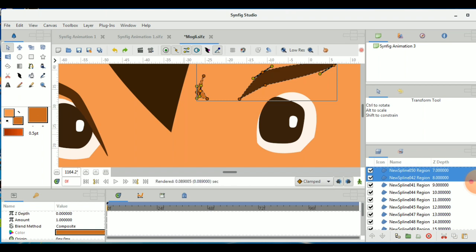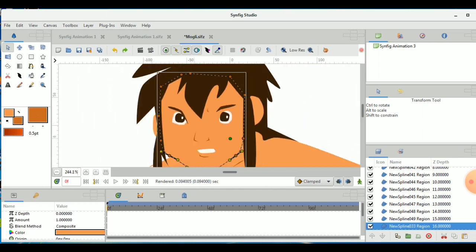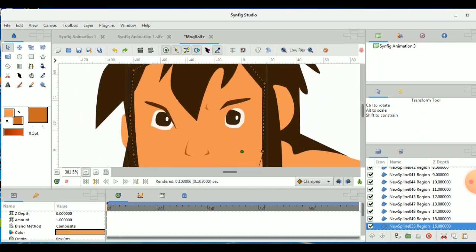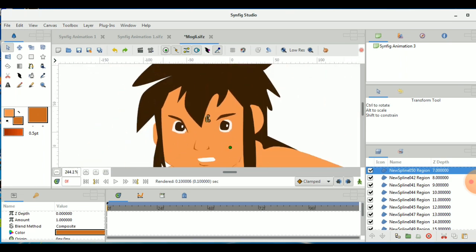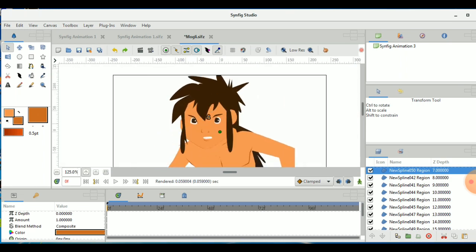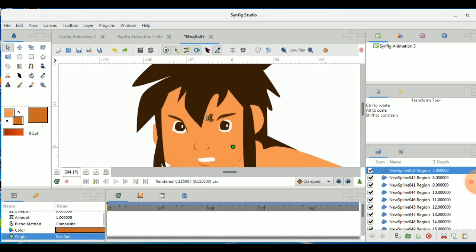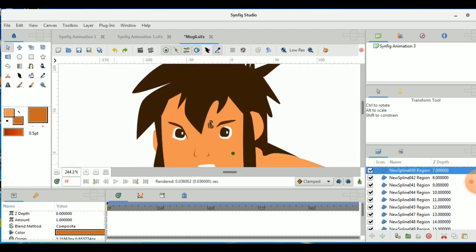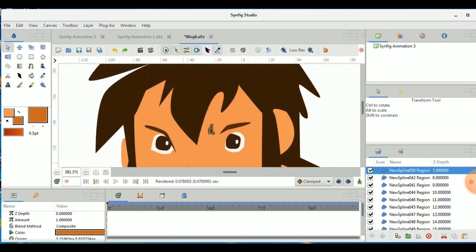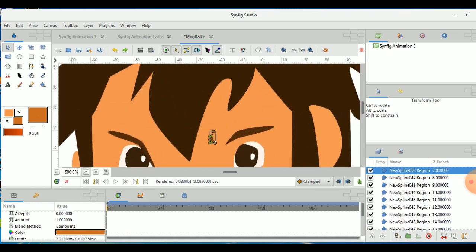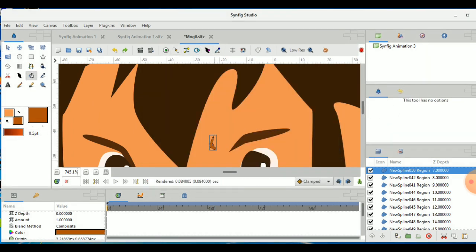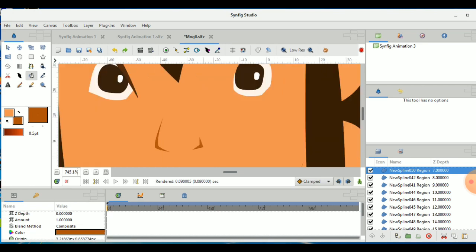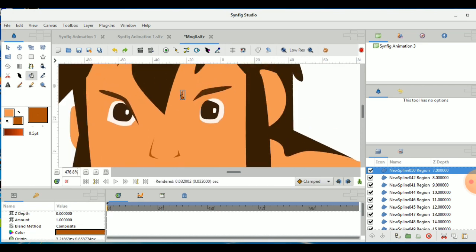You can give a much darker color to these shades because as you are going a long distance, you don't understand. But as we are going to do the animation, it will be somewhat closer. Now the lower part of the eyes.